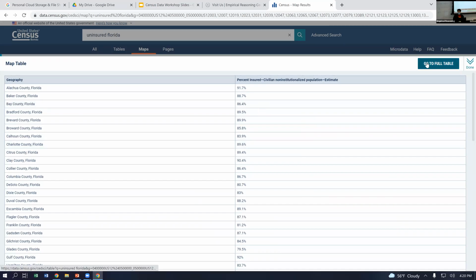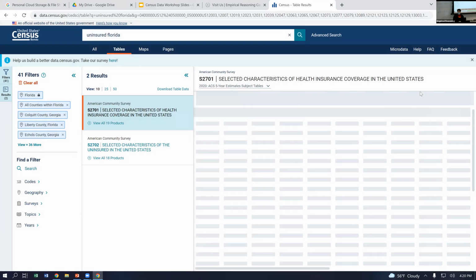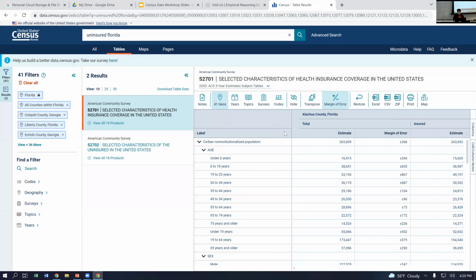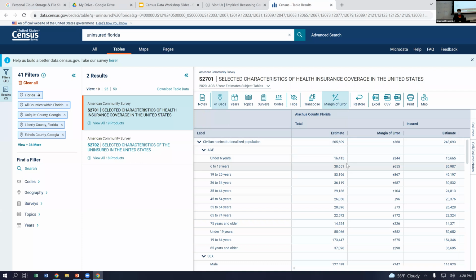I'll click go to full table here. So you can see it's pretty simple to switch back and forth between this table and the map by clicking the map button or the table button. And you can see that if you change the selected geographies on the map, the table also changes. So to return to all the counties within Florida, you can click